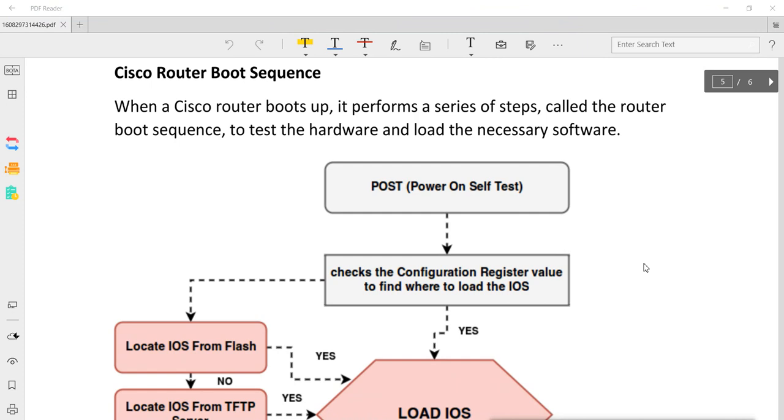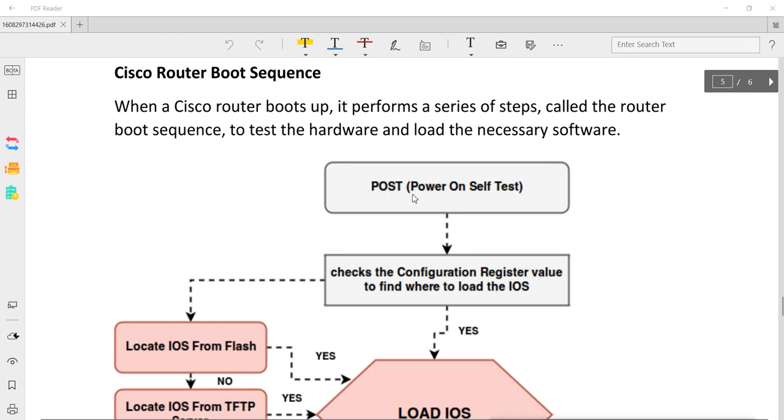To save the configuration or IOS, you should remember the boot sequence for our Cisco devices, Cisco router. Whenever we start the router, first POST happens. POST is the power on self test. It runs from the ROM. There is a ROM memory which has some predefined programs. POST is one of those programs. It runs first and it tests all the hardware and resources connected to the router.